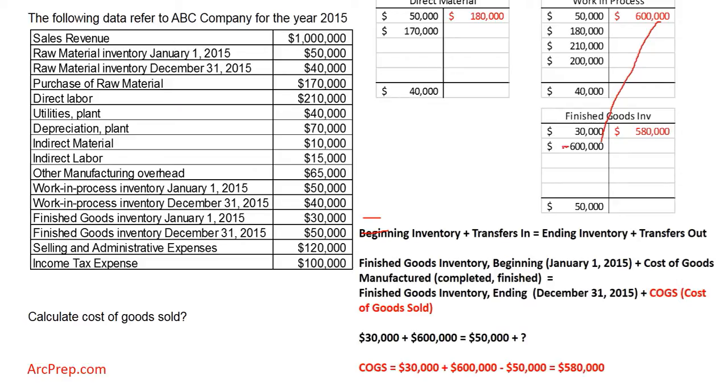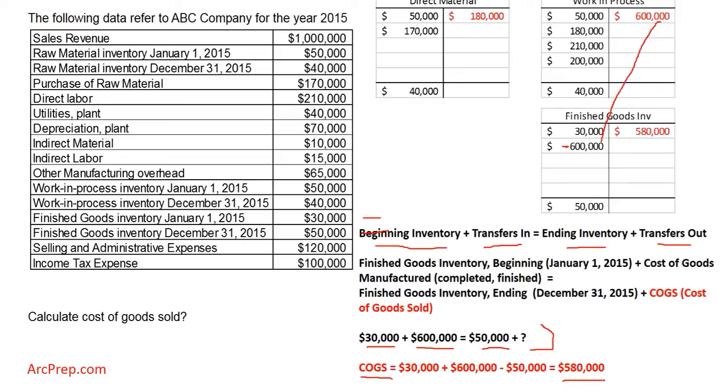I can apply it to the equation that I'm using over and over again. Beginning inventory plus transfers in is equal to ending inventory plus transfers out. So beginning inventory is 30,000. Transfers in, cost of goods manufactured, is 600,000, which is equal to ending inventory plus transfers out, which is cost of goods sold. So cost of goods sold, if I solve this equation, is 30,000 plus 600,000 minus 50,000. My cost of goods sold turns out to be